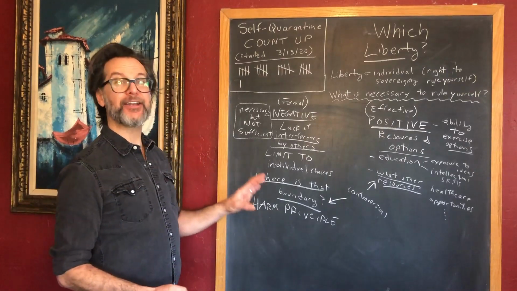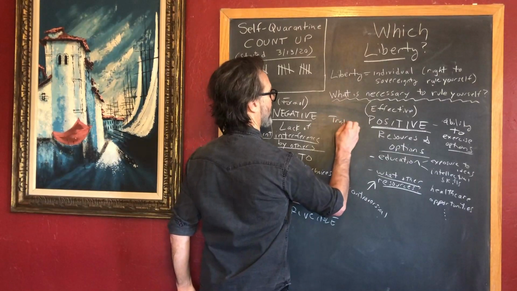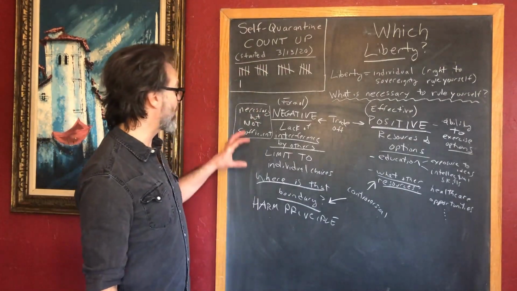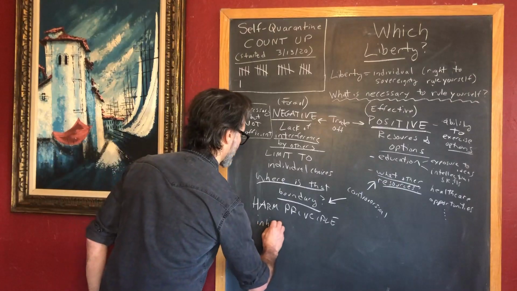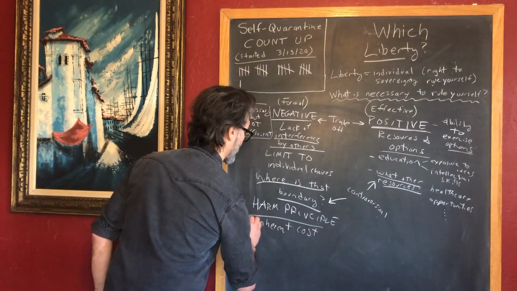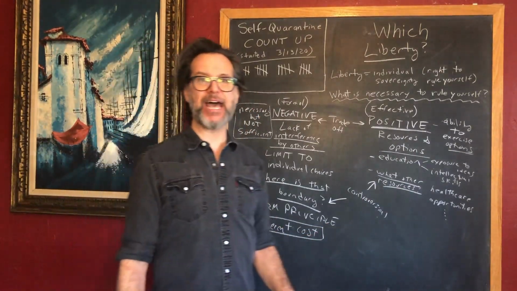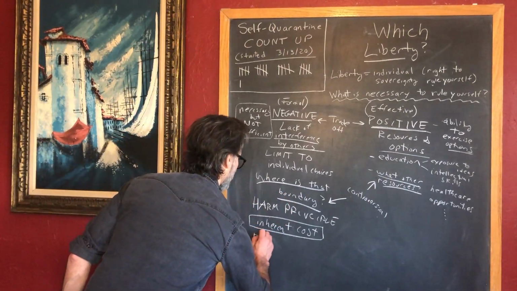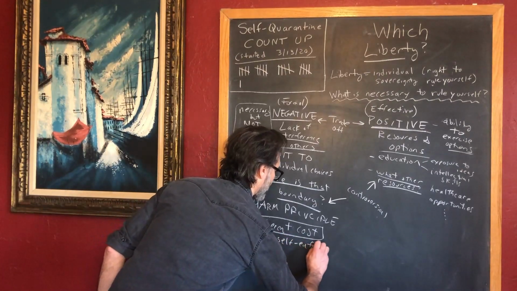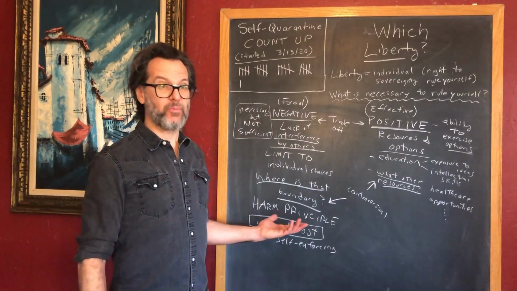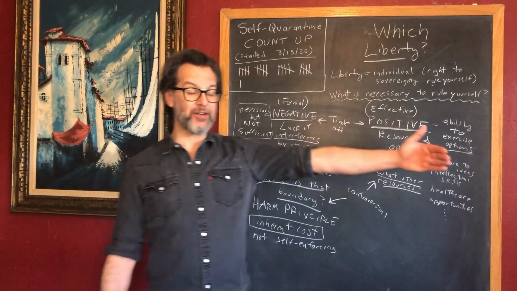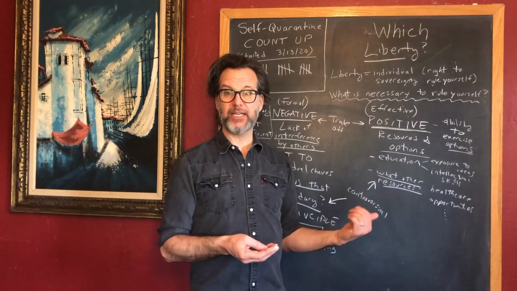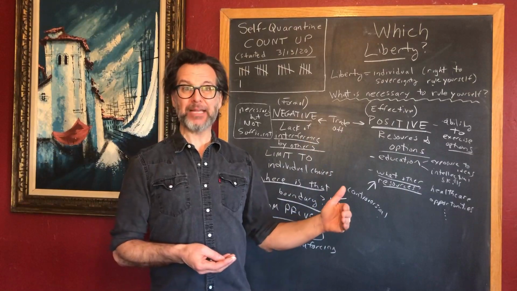And one of the things that also happens is that, of course, these questions will be answered differently. There's also a fundamental trade-off between positive and negative liberty. And there's actually also an inherent cost built into negative liberty. And the inherent cost is based on the fact that this boundary is not self-enforcing. First of all, where the boundary is, is controversial. So some people are going to think the boundary is here, and other people are going to think the boundary is here. And so even if there's no enforcement necessary, we're going to have a diversity of behaviors, and that's going to cause conflict. So to even set the boundary in the first place, we need some kind of entity,